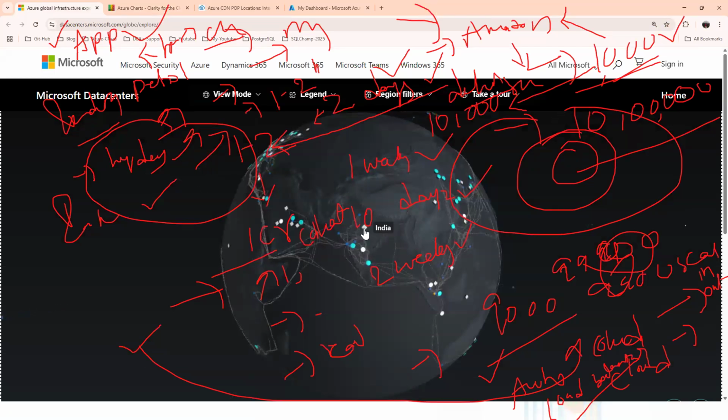Recently, like 2.5 years ago, Microsoft deployed a data center in Delhi as well. Now, for example, for Hyderabad, Pune is the nearest data center. Mumbai is also a nearby data center. So assume you deploy your data center in Pune. For Delhi, they want a data center in Delhi itself. Now I can easily go and deploy my services, right? Because the infrastructure is already created by Azure, Microsoft.